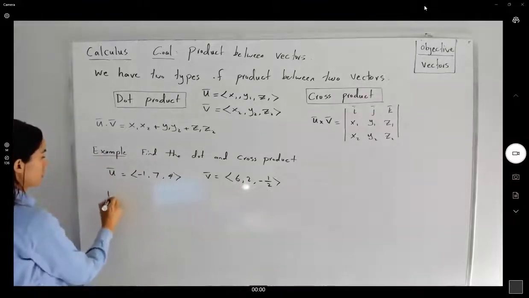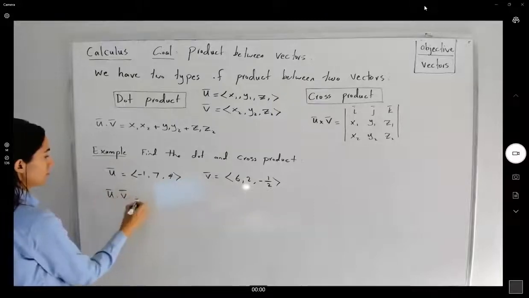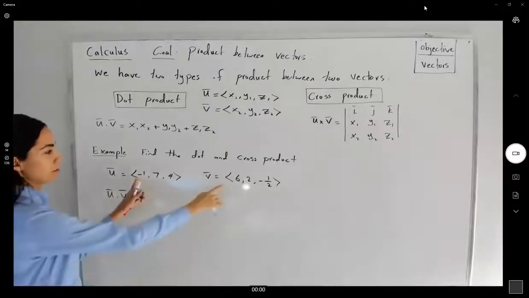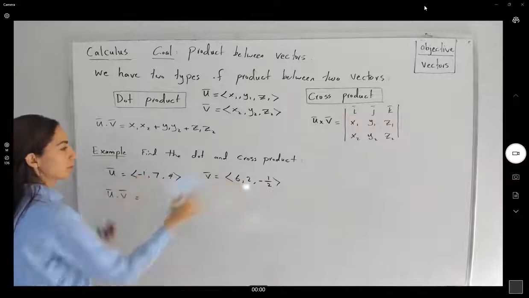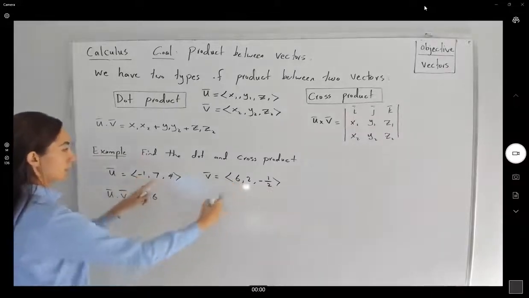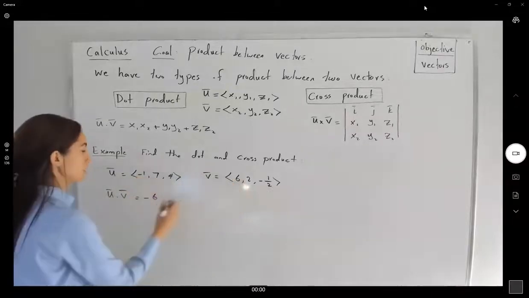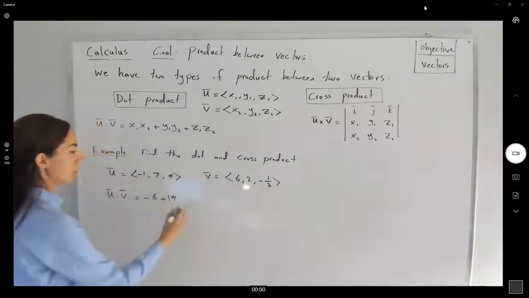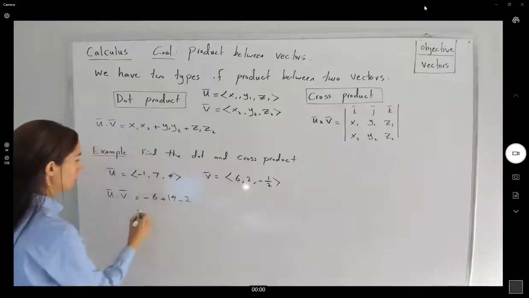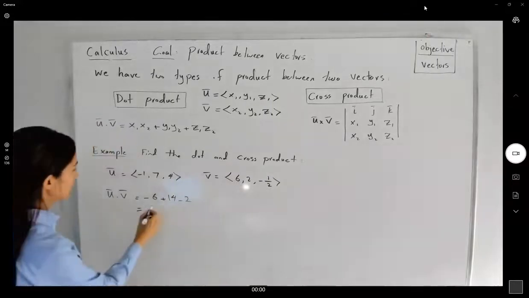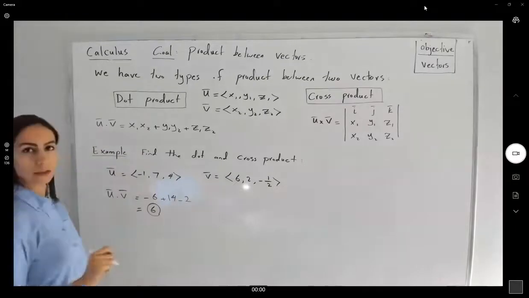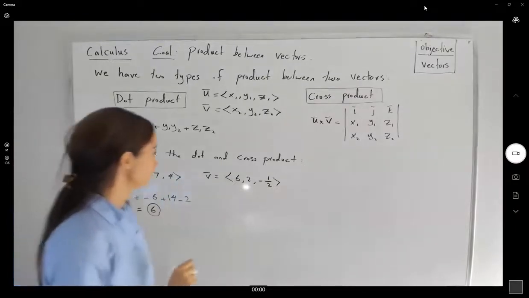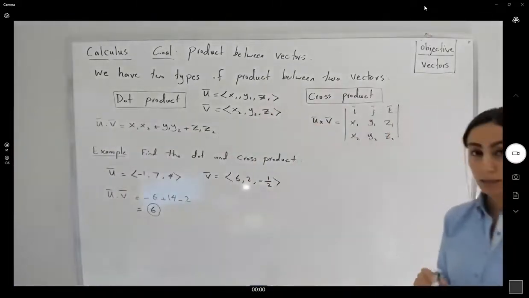So for the dot product, u dot v, it is straightforward. We multiply the first components, -6. We multiply the second components, 14. We multiply the third components, -2. Well, here we have 6 as the dot product between the two vectors. For the cross product,